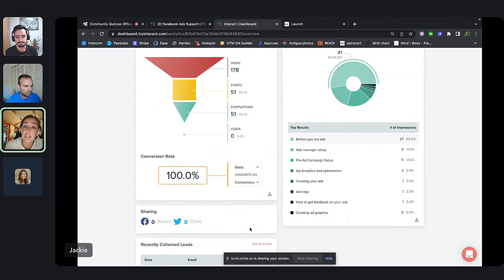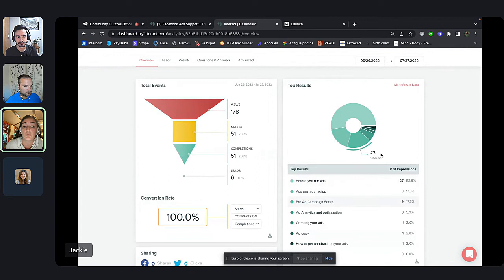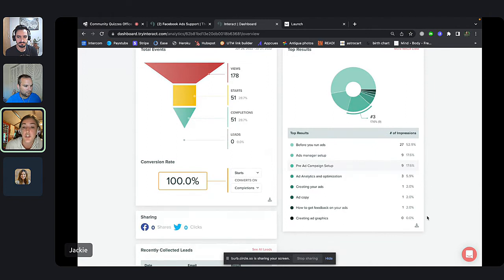But another really cool thing that you're able to see here is, of these 51 people who did click an answer to that quiz, I can see what they chose. So most of the people are at the beginning, before you run ads, still setting this up. And then you can see as it goes down where they're at.